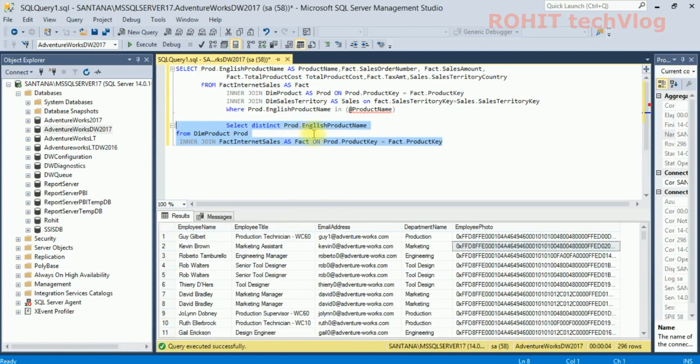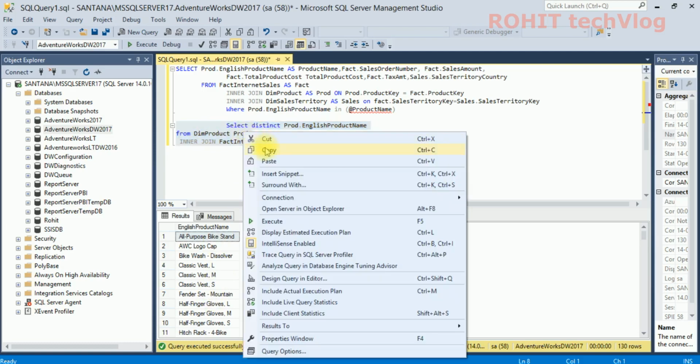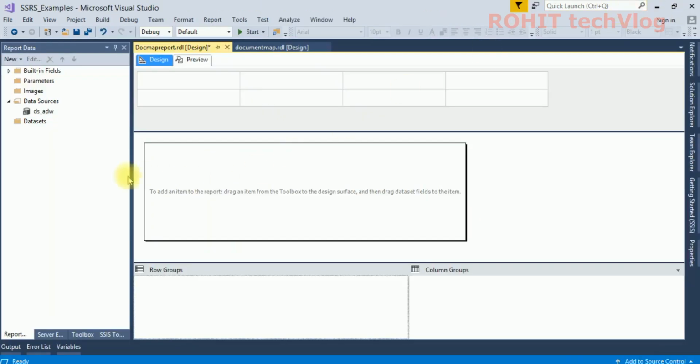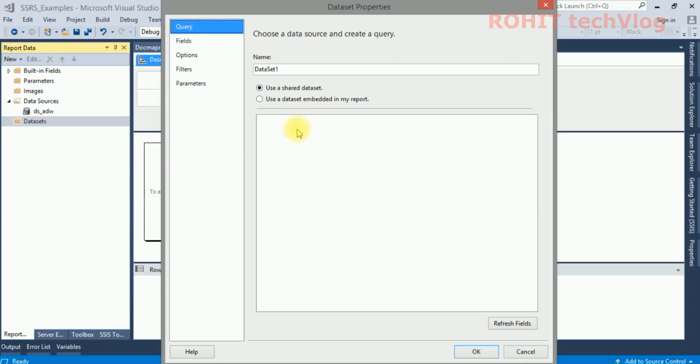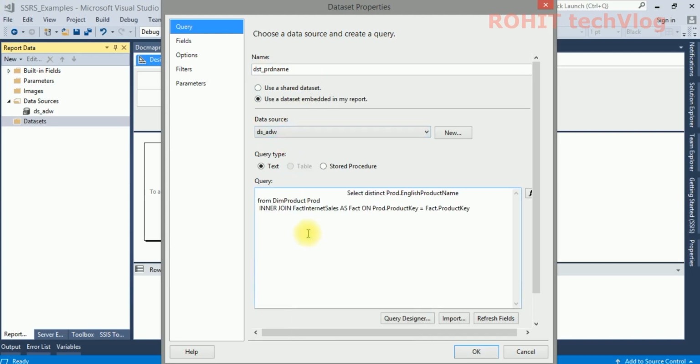This is a simple query where I'm taking distinct product names from the dim product table. DST product name. Okay.